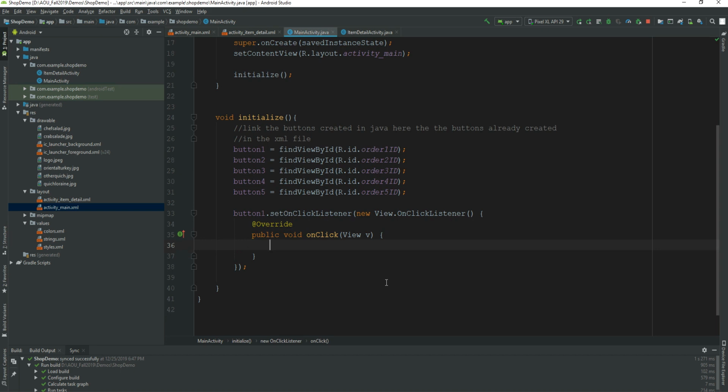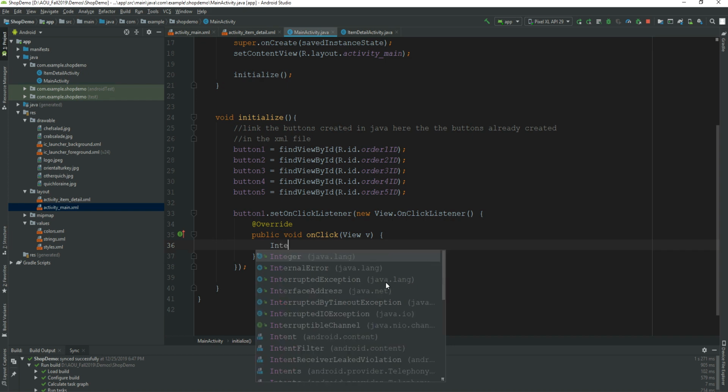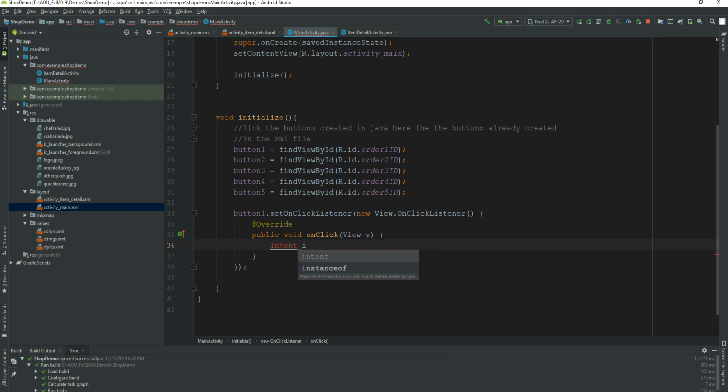What we want to write is the code that makes us move to the next activity when we tap on the button. So we just write Intent with a capital I, intent i, let's say. If this is still in red, just click it and press Alt Enter and import class, and it will be in white. So Intent i equals new